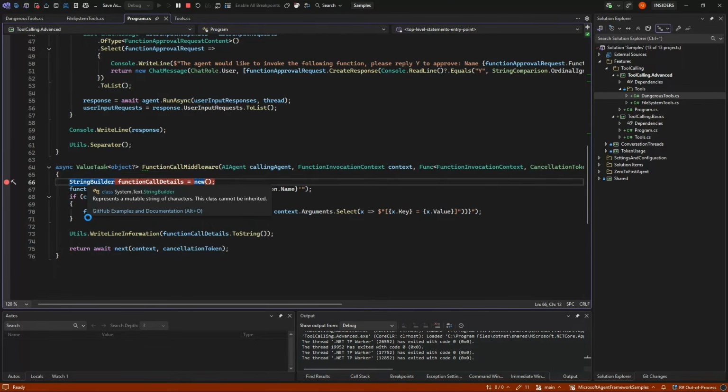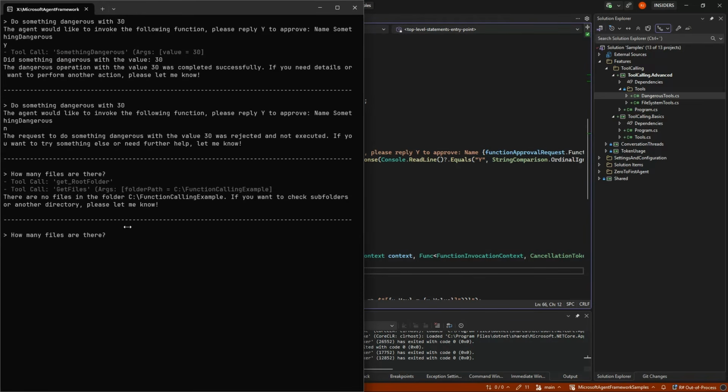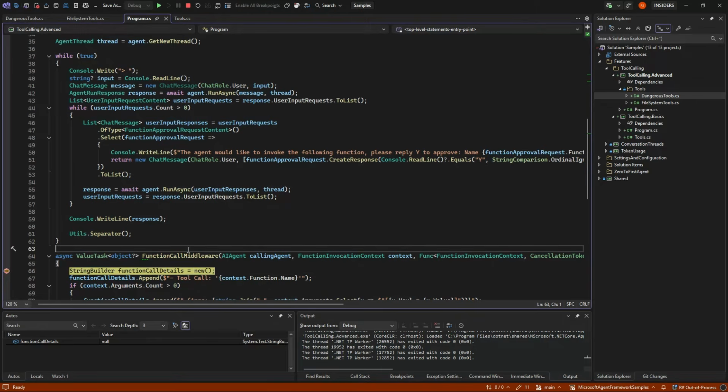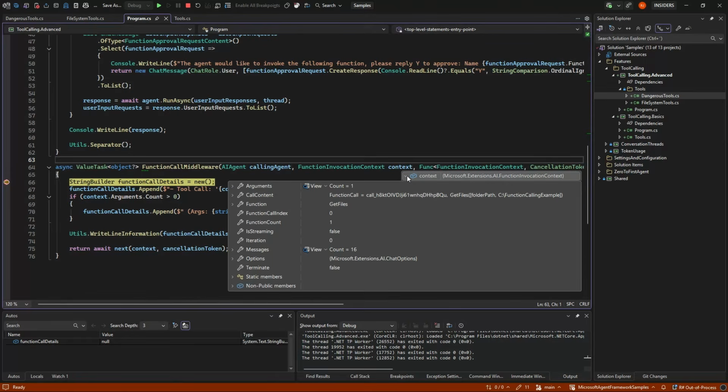And what we can do is set a breakpoint here and see that happening. So if I say how many files are there, we get in here before the call has actually happened. And we get information about what is about to be called.